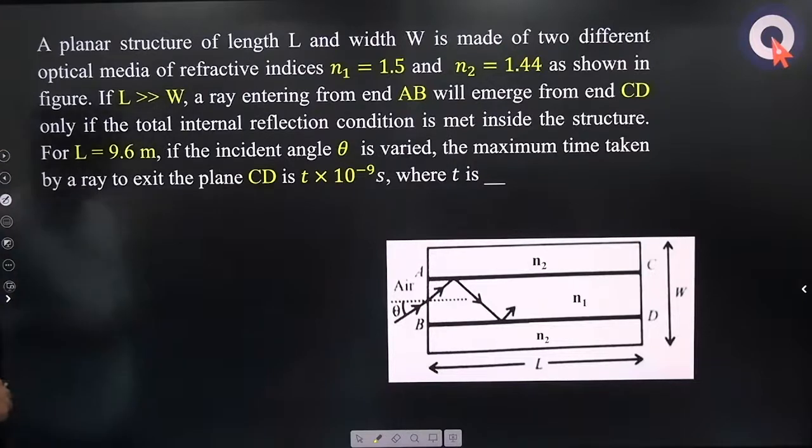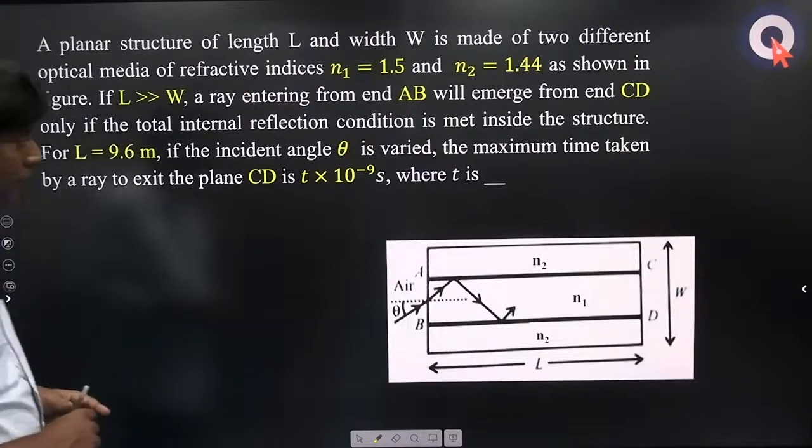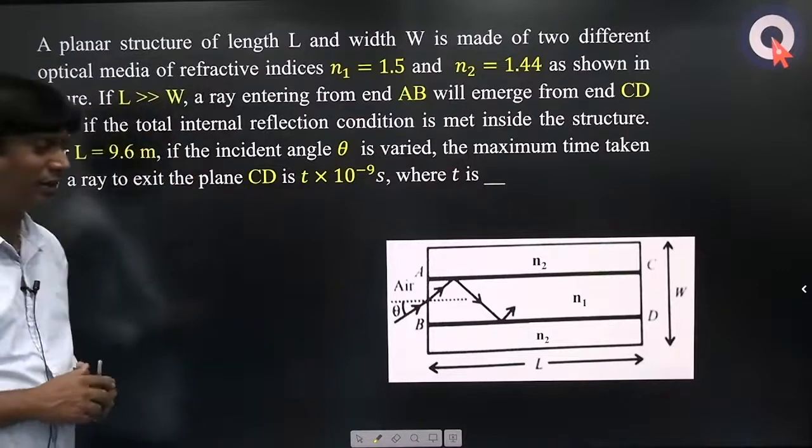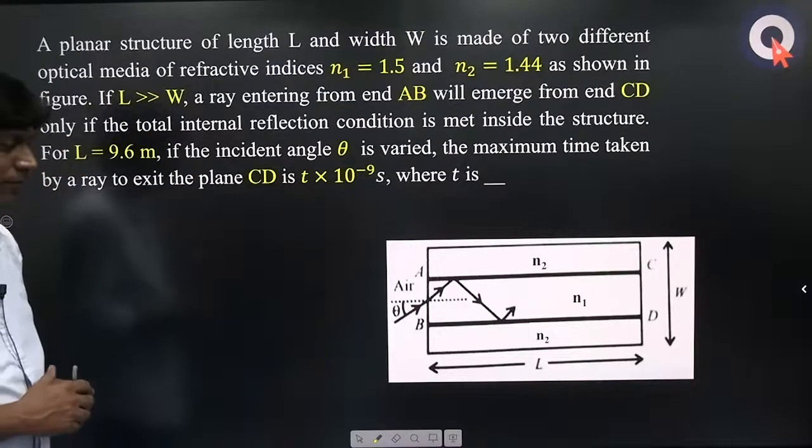So please look at this question. One or two minutes I will give you the time. Just look at this question and try to understand this question. First of all,